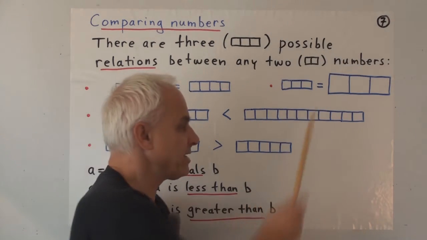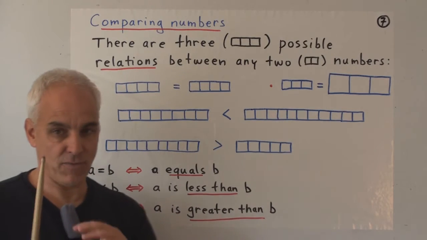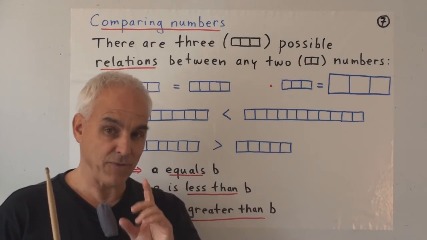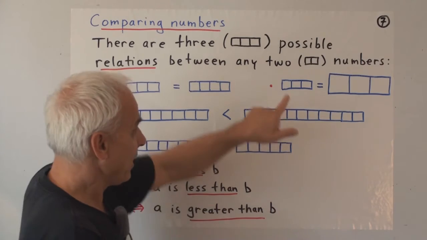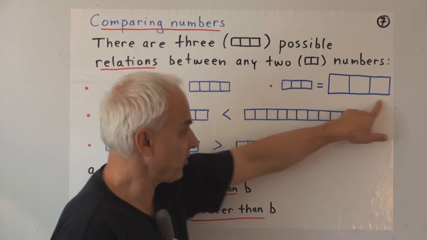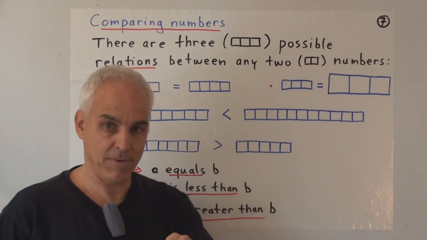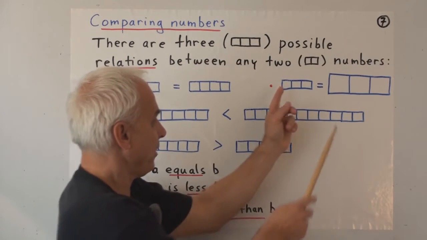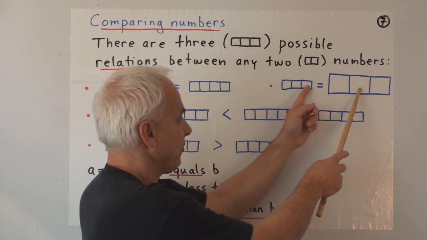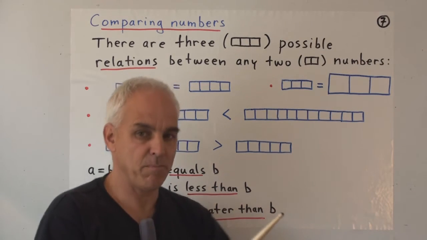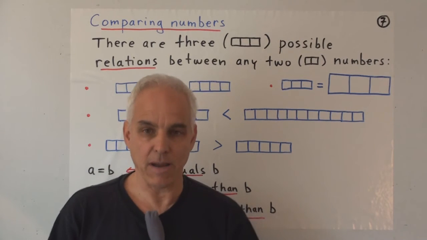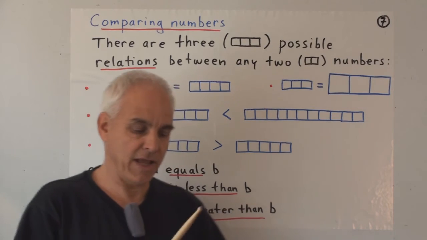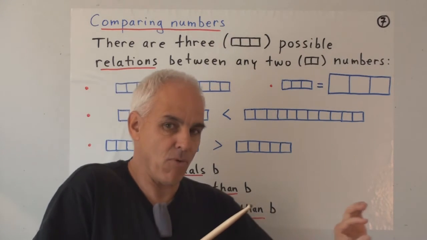This example illustrates that the size of the rectangles that we're using is not really important. Okay? This number and this number are in fact the same, because the cells here and the cells here can be matched up. This matches with that, this matches with that, this matches with that. So you don't get a bigger number by writing your number bigger. You only get a number that's bigger by adding more cells.